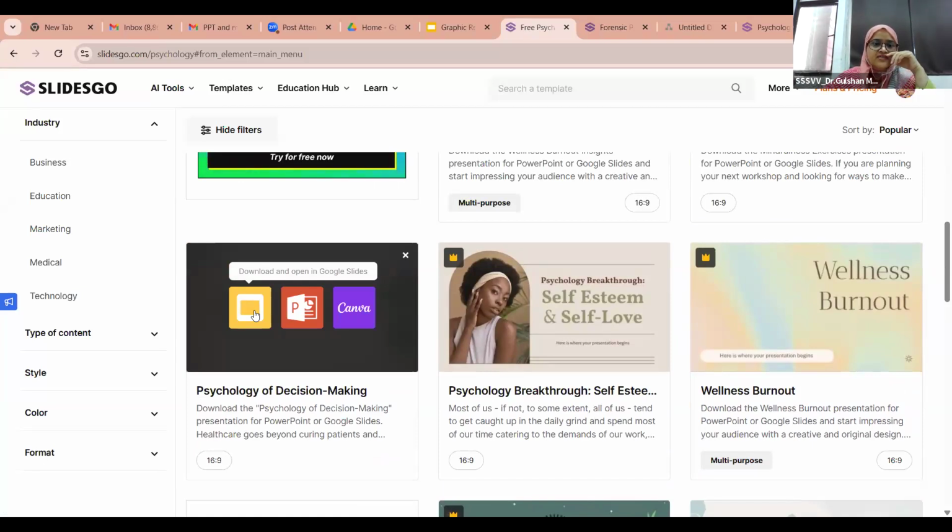Download it, open it in Google Slides, download as a PowerPoint file, or download it and open in Canva. This is asking you because if you want to edit the slide more, then you can open it in Canva. Otherwise, you can download it in a simple PowerPoint file also, and you can download in Google Slides also. So let's check how it works if we download it in the PowerPoint file.